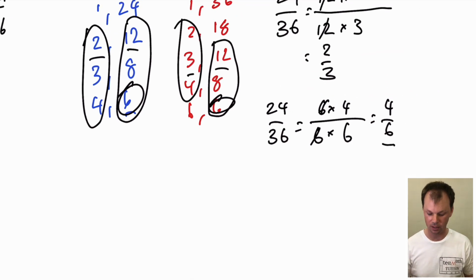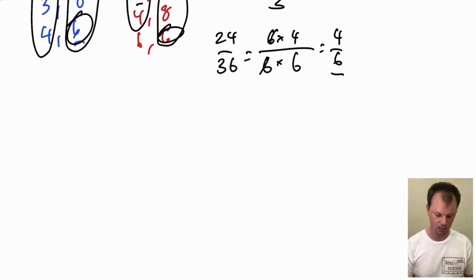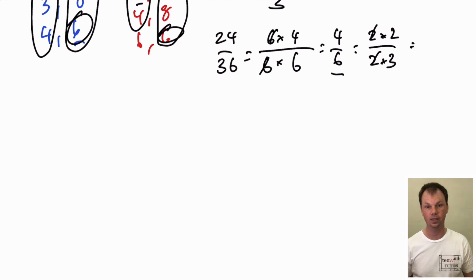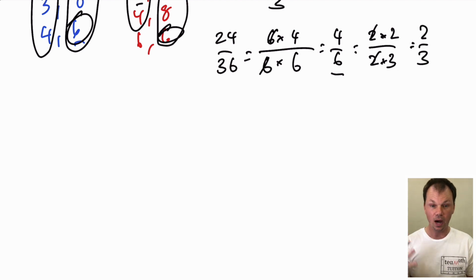So what we have to do at this stage is we have to list the common factors of 4 and 6. Hopefully you can identify that 2 is a common factor. And we end up with our original one. Now, why did I show you that step? When we are simplifying fractions,